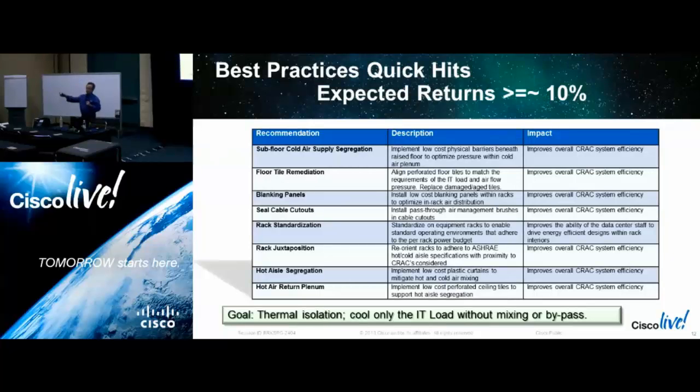Is there a perf tile out in the middle of nowhere? The perf tile belongs only in front of a rack, nowhere else. I can't tell you how many data halls I've been in, a big expanse of white space, and they got these perf tiles sitting there. Pop them, replace them with a solid, okay? You don't need to cool the great wide world. And if you have these large open spaces, don't be afraid to partition them off. Understand your growth. How much space are you going to need? Plan for that, wall off what you don't. You don't need to manage that space, okay?